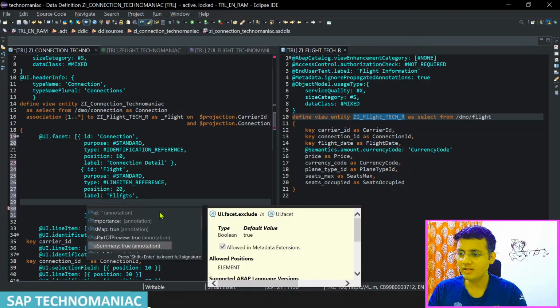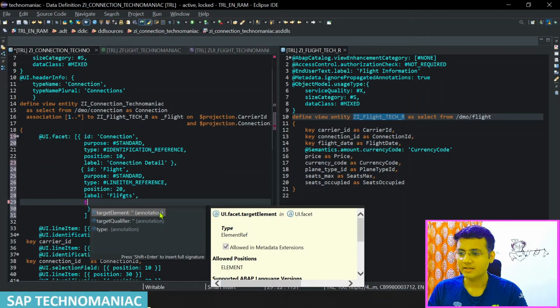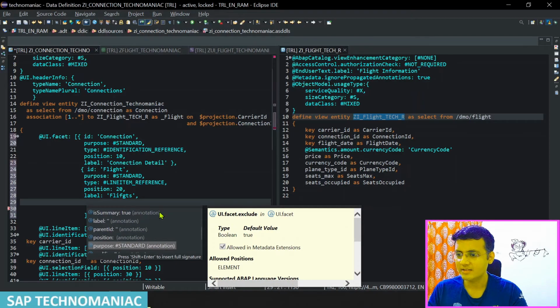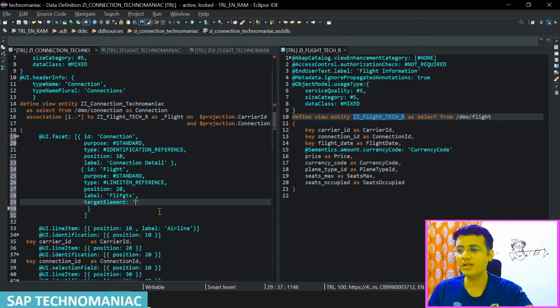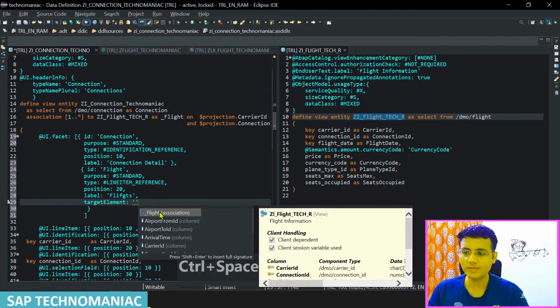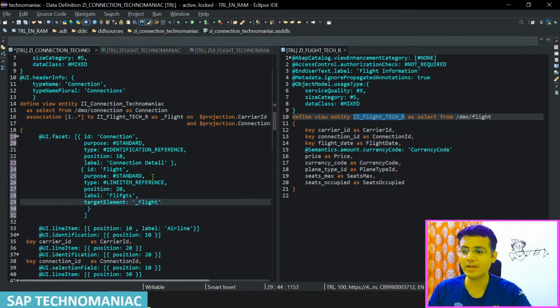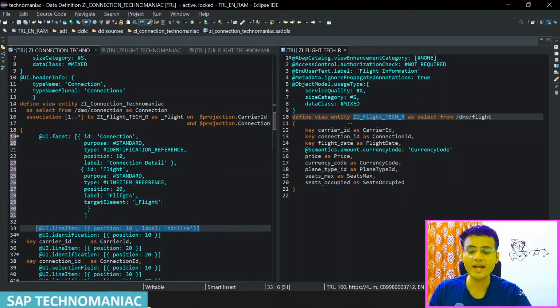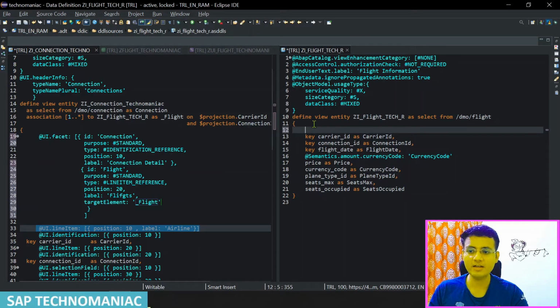We have one annotation called, one second, target, not target element, I think for association we have target. Okay, target element only, and the target element we will get from the association, this particular association. So that is the reason we are using underscore flight target element. But we have given the line item reference here, but in this particular target, we didn't specify which line item comes where, that we have to specify yet. So as you know from my previous video, we can specify using this UI line item annotation here. So we will do the same over here, @UI